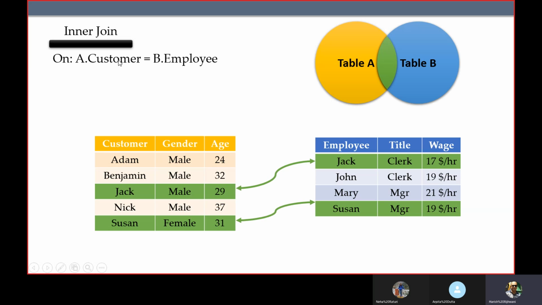So here we had looked at this, an inner join, which implies that you are only getting all the records which are common in both of them based on customer and employee. So you notice this A and this B, that is indicating customer table is referenced as A and employee table is referenced as B. All right. That is the meaning of A dot customer is equal to B dot employee. So the output that you will get is only these common lines.